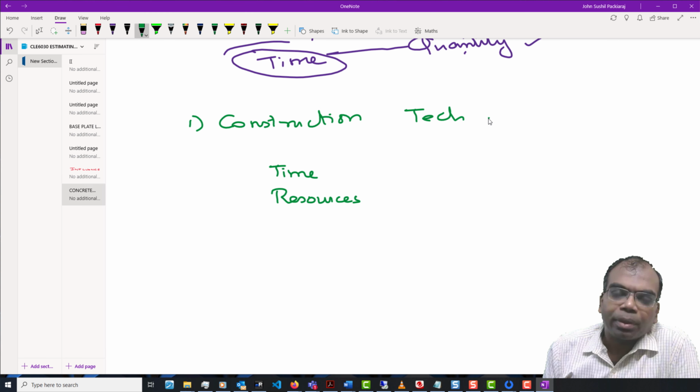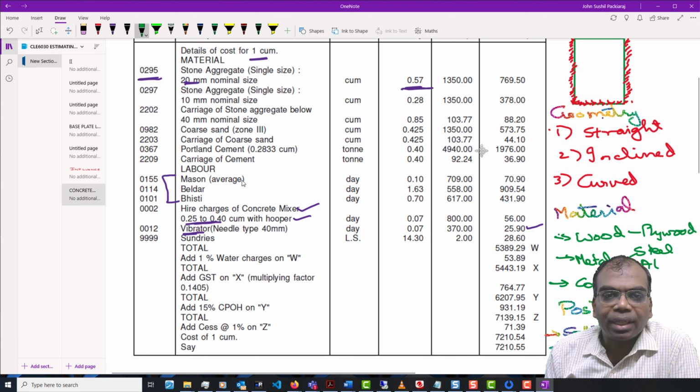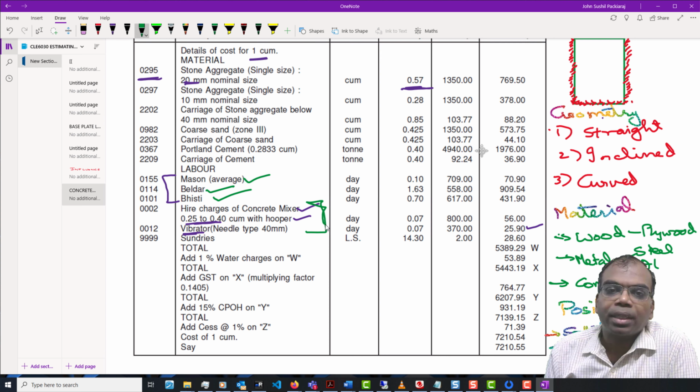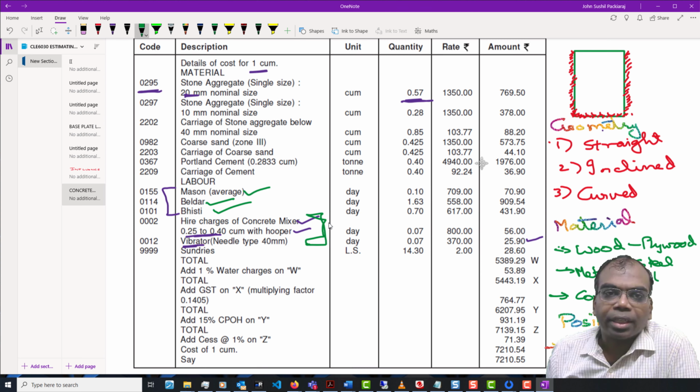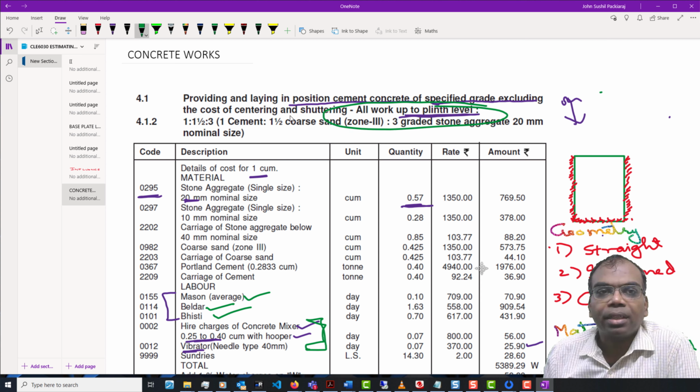If I am going to use a particular technology, the amount of time is going to be affected and the resources which I require are going to be affected. In this particular case, the resources which are going to vary are these three items, because I chose this particular technology system for doing a work in this particular area.